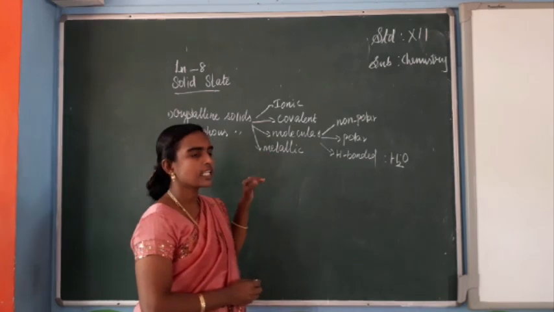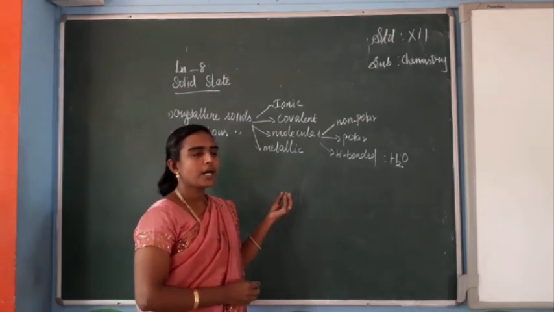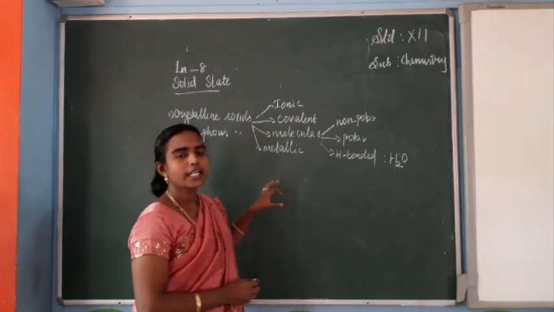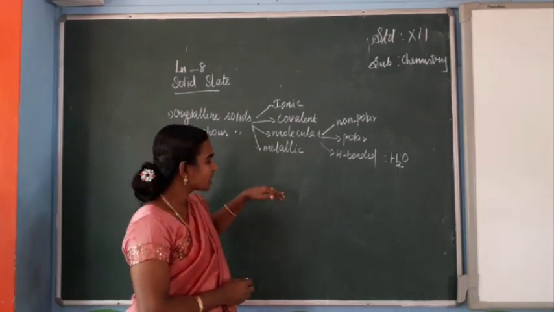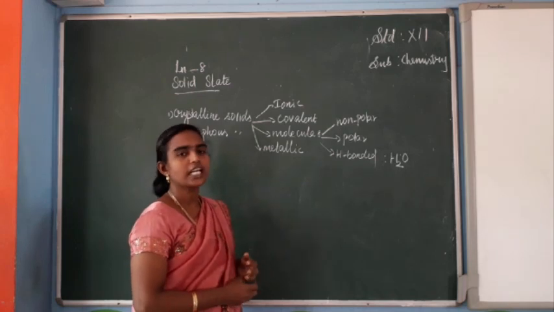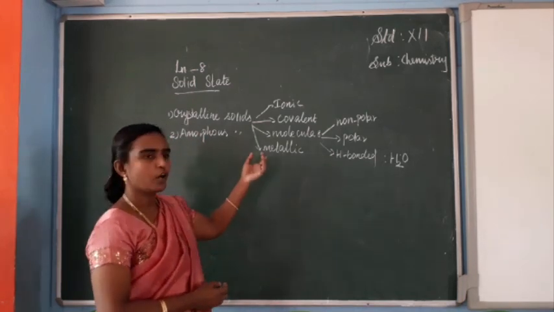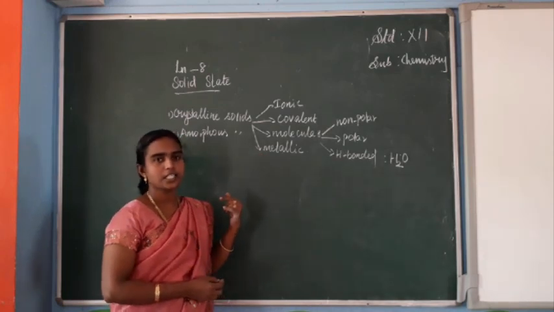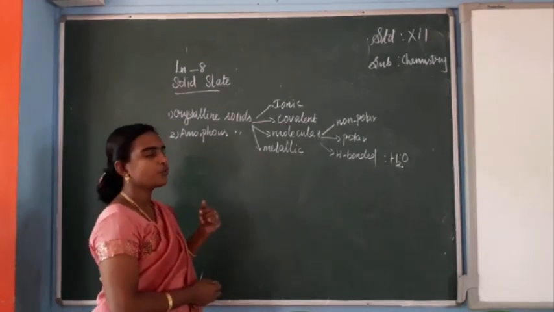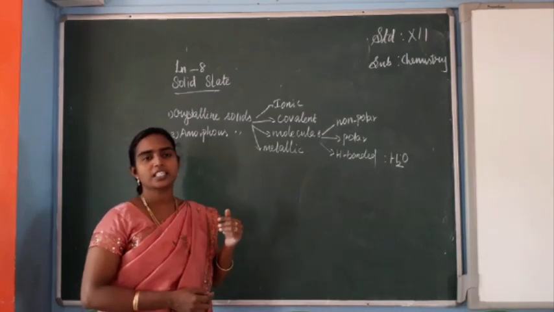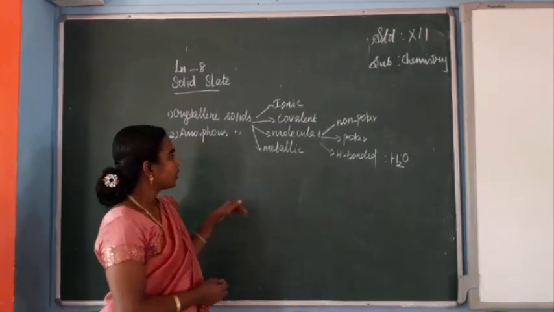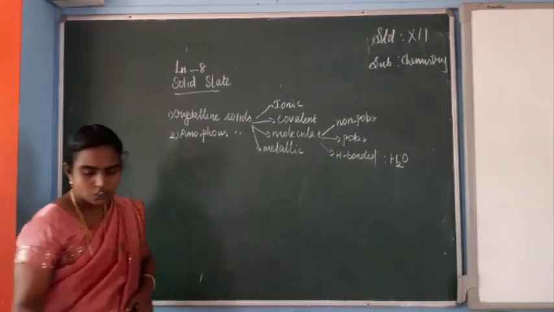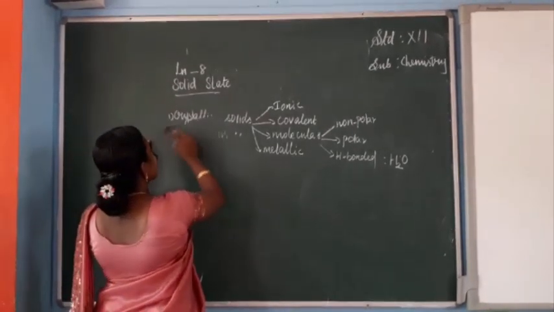In metallic crystals, positive ions are surrounded by movable negative electrons. The force that binds positive and negative is called the metallic bond. Metals and alloys are examples for metallic crystals. Next we have seen how to find out the density of a crystal. Today in this class we can see the structure of the packing of crystals.